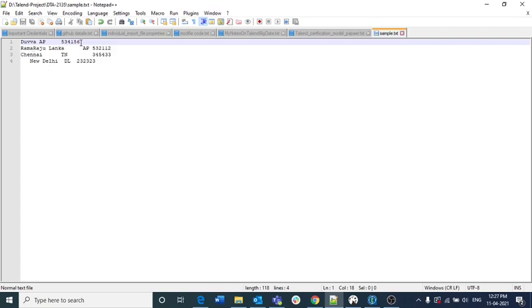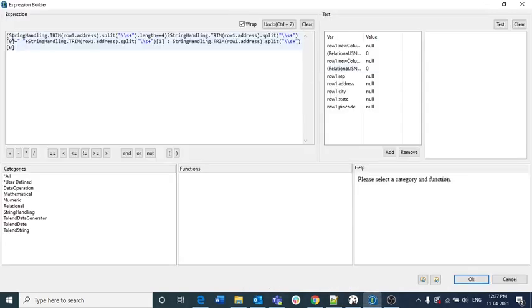If you consider this, the length is 3, we have 3 words. If you consider this, then it is 4, it is 3, again it is 4. So if the length is 4, we concatenate the first and second word as the city. If not, that means if we have only 3 words, then we bring only 0 as the city name. So this is what we need to do.